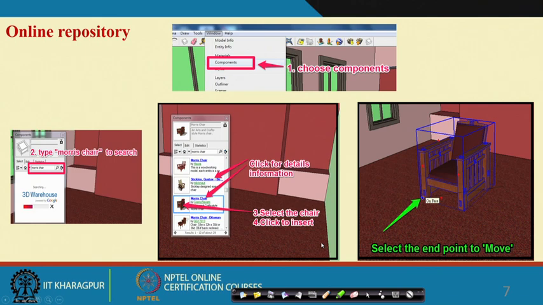Next, if you are not able to create complicated 3D models or 3D models having dimensions, you can also use its online repository, in which you can search. If you want to search for a chair, a Morris chair, it will come automatically. If you want to use this Morris chair, you can directly drag and drop this 3D model inside your 3D modeling software, and later on you can add some dimensions or any modification you want to add in this particular 3D model. You can also change the dimensions.